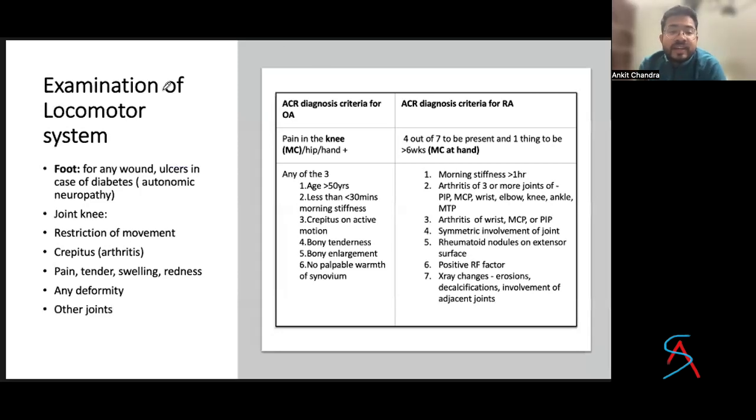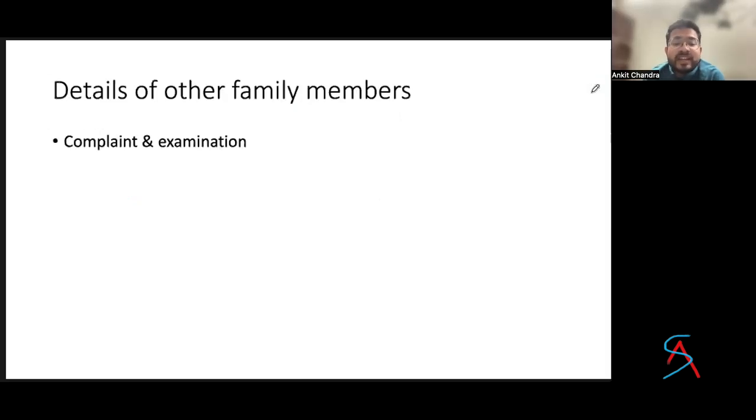For the elderly, in the field, you can read about the ACR criteria to diagnose osteoarthritis. This is the ACR criteria to diagnose rheumatoid arthritis. All these things you can look at, the foot, whether there is any wound or ulcer. In case of diabetes, or if any other symptom is related to gout, that also you have to keep in mind. Details of the other family members you have to mention. If in doing the history you have mentioned their complaint,